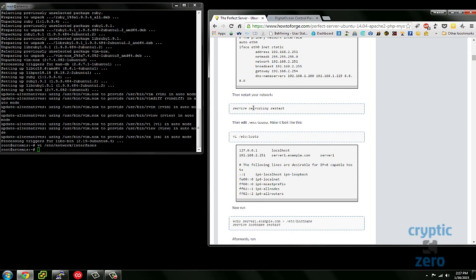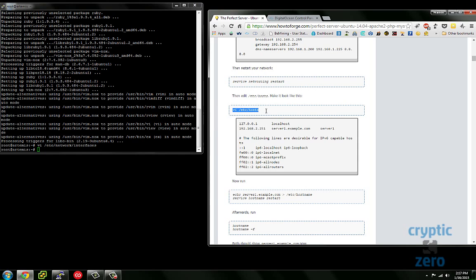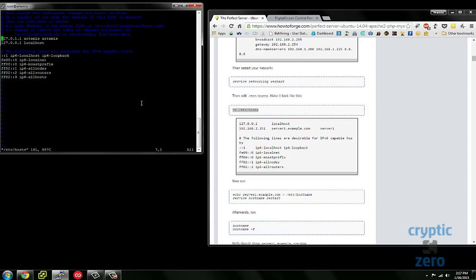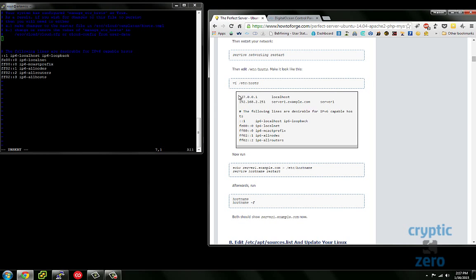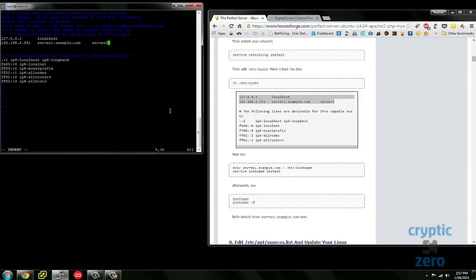Okay, scrolling down further, the vi /etc/hosts, I'm going to go into that, and this does need to be changed. So what I would recommend here is I'm just going to get rid of what's in that. Come over here, and I'm just going to copy this and paste it in, and then I'm going to use, my domain name is cryptic0.com, so I'm going to go ahead and type the name of my server. In this case it is artemis.cryptic0.com